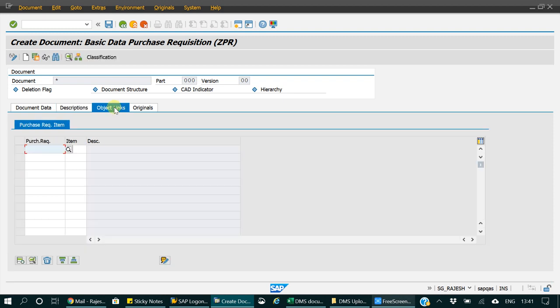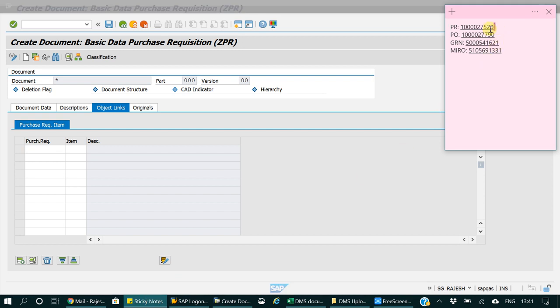Then go to object link. In this particular tab, you have to select the purchase requisition and the line item on which you want to attach the document. I have created a sample purchase requisition for the demo purpose, which I am going to select here.